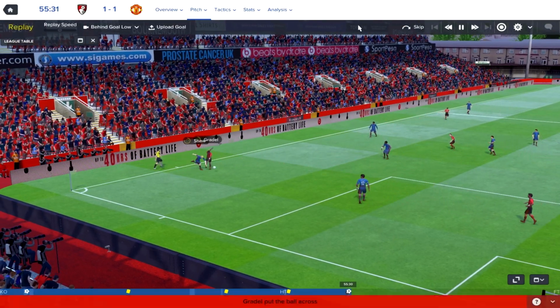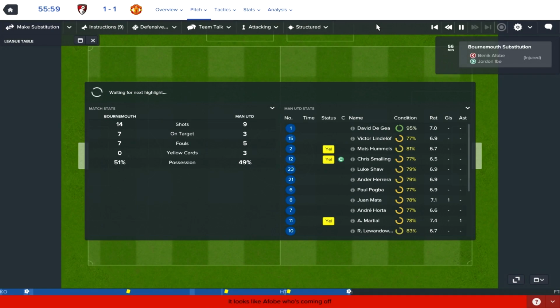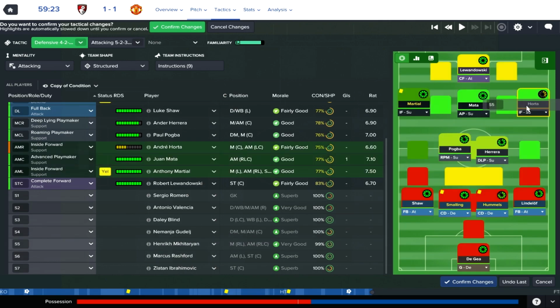Gradle putting him under a bit of pressure. Oh my god, that is embarrassing. Gives it to Wilson. Deadly in front of goal. Cannot afford to be giving them chances like that. I mean, what was Shaw thinking? Did he slip over? I know it's raining and everything, but...